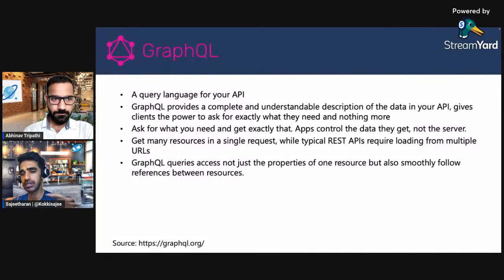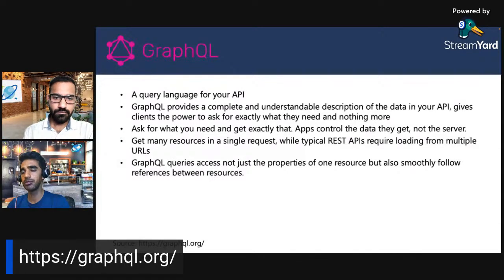So whenever you send a GraphQL request, you get exactly what you need, nothing more and nothing less. So it avoids the n+1 data problems. Also, GraphQL queries are always predictable. It always returns predictable results. So applications using GraphQL are always fast because the user controls the data they get, not the server.